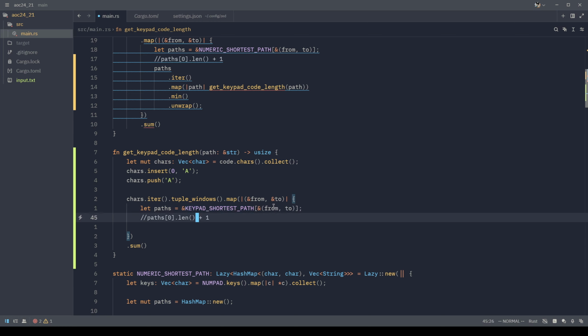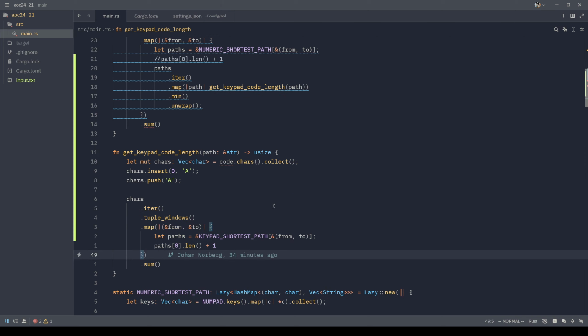And again, the path length should be the length plus A, so plus 1. Right, so if we run this,